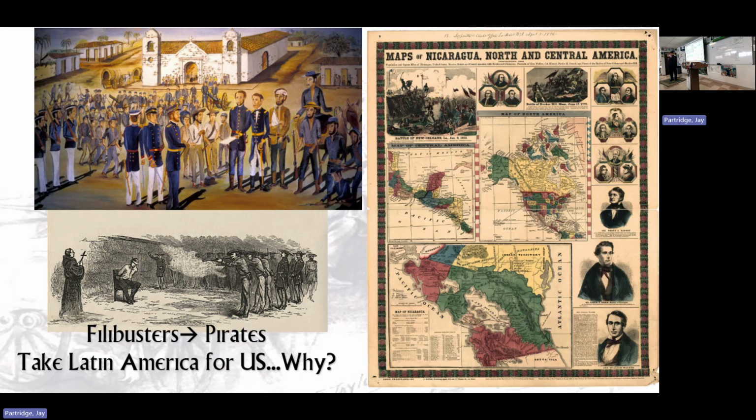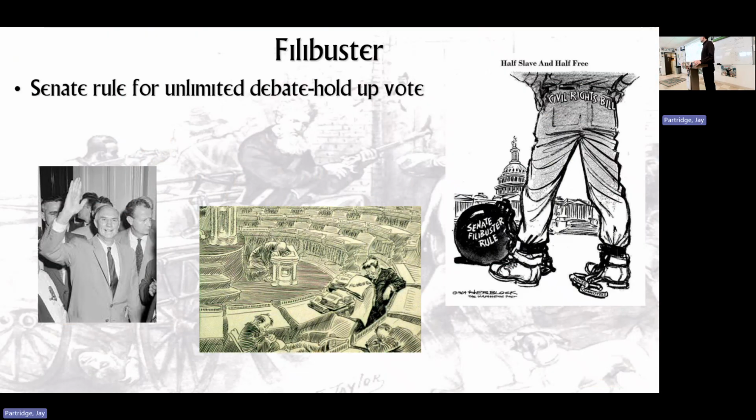The U.S. would not annex them for the same reason it went to annex Texas. And eventually Nicaragua would overthrow them, and that's what would happen to Walker. But these thugs were trying to overthrow governments all over Latin America. Nicaragua was the only kind of success. Fortunately for Nicaragua, the nation of Nicaragua, that didn't happen. And they tried to get Cuba too. And that leads to what's called a filibuster.